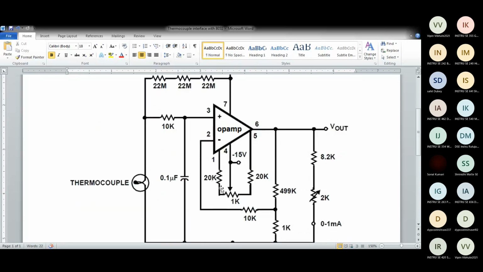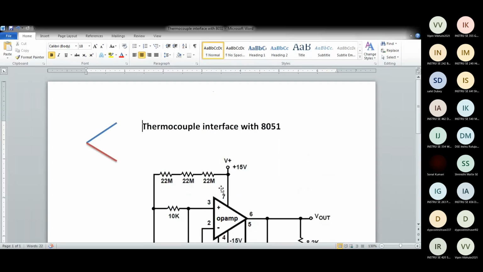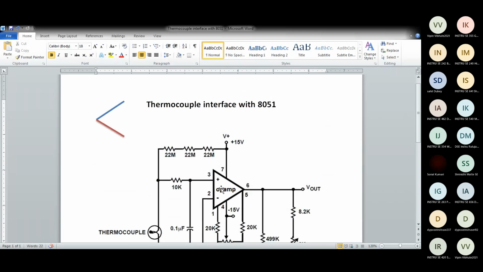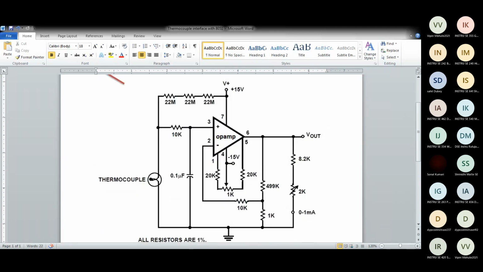Now, do you see this circuit? This is an amplifier circuit. The input over here is given a thermocouple. The symbol is also that way. These dark circles inside are the hot junction. When you expose this thermocouple to temperature, EMF will be generated at this point and this point. Then you give it to the op-amp and you get an amplified output.